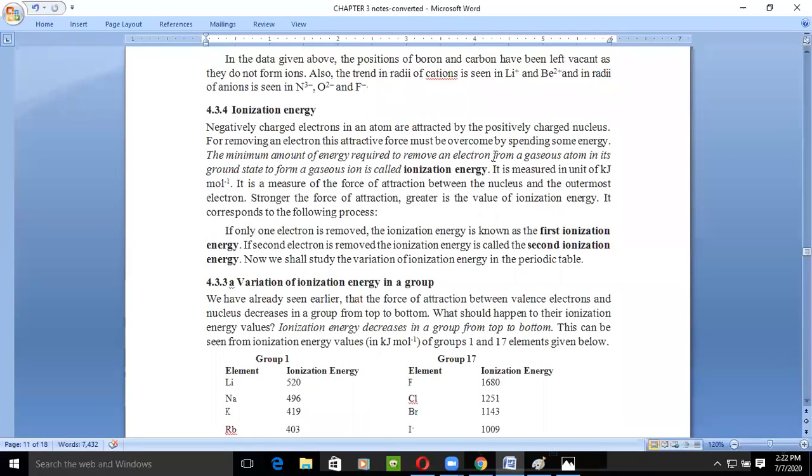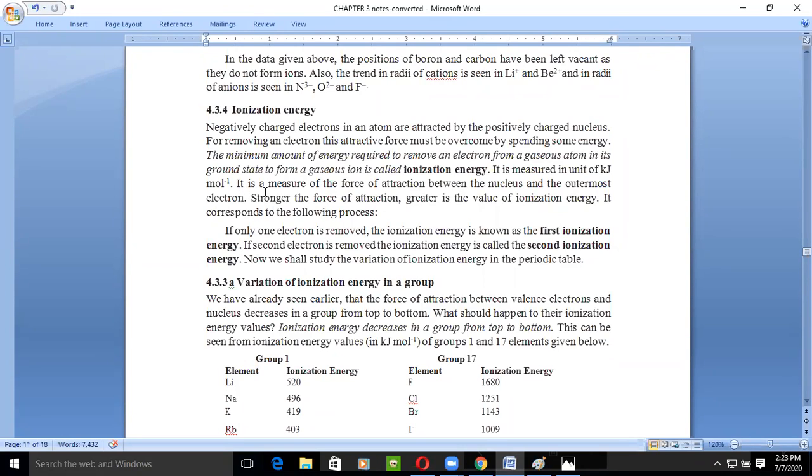It is measured in kilojoule per mole. So the unit of ionization energy is kilojoule per mole. Beta, you make proper notes of these. Right, what is ionization energy? What is its unit? What happens to the ionization energy along the period and down the group? This will help you remind the things, like in tips.